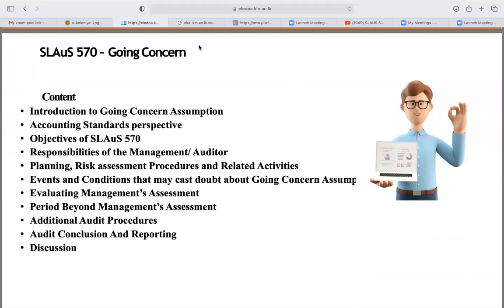There is a going concern issue now. That is what we are going to learn. Okay, SLAUS 570 Going Concern. So now we are actually facing going concern issues, right? In Sri Lanka, actually